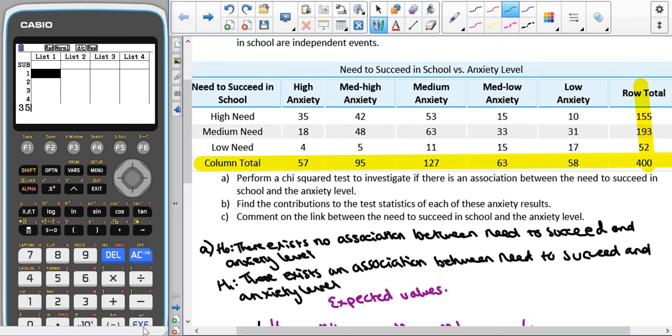So we're going to have 35, 42, 53, 15, 10, 18, 48, 63, 33, 31, 4, 5, 11, 15 and 17. And again, just give them a quick double check that you have entered them all correctly and in the right order. That's very important that you have got the order correct, because it's going to compare the two